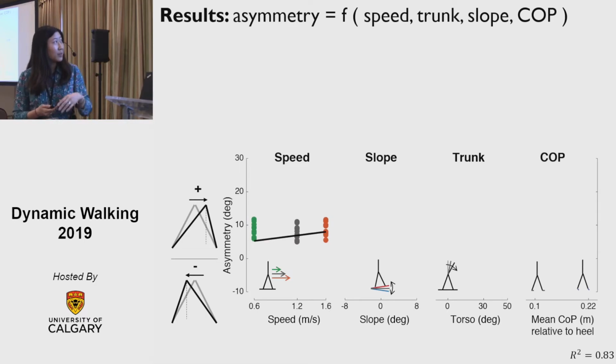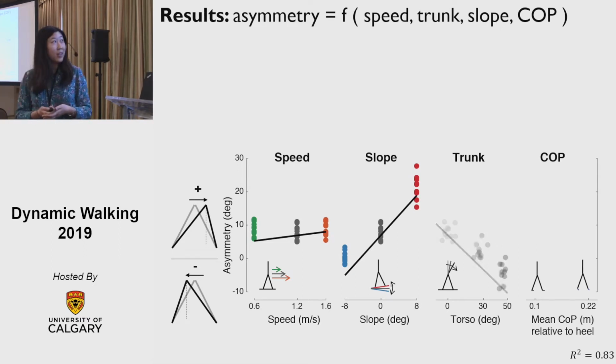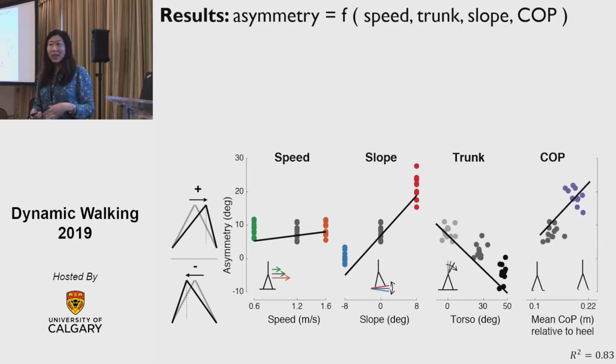So here you can see for the different speeds, there's a slight increase in asymmetry. So positive is having your pelvis a little more forward. For the slope, you have this greater change, more positive asymmetry. Trunk, you have this decrease. So when you lean your trunk forward, you have this strong decrease in asymmetry. And then when you're kind of on your toes, you kind of feel like you want to also shift your